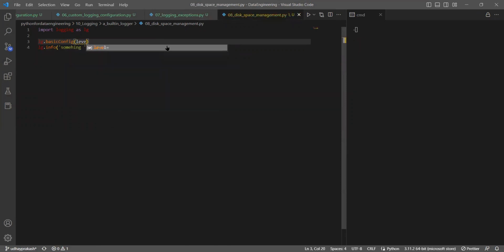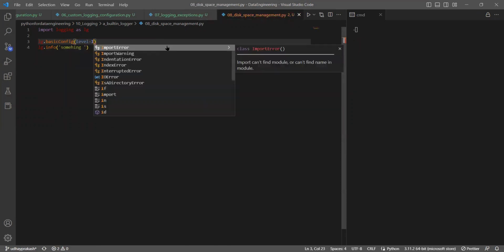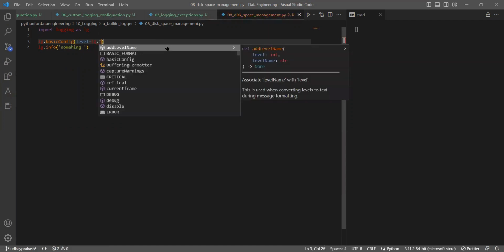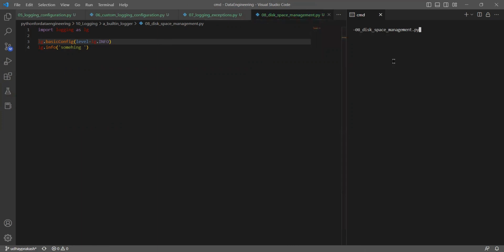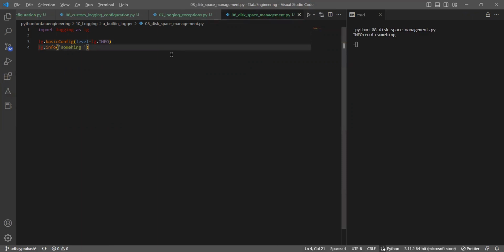Here, if I specify the level is equal to logging dot info, you see, the moment I specified it, if I run again, you can see that output is coming. In the same fashion, for logging dot basic config, if I pass any information, it's going to work. So starting from, say, the level,